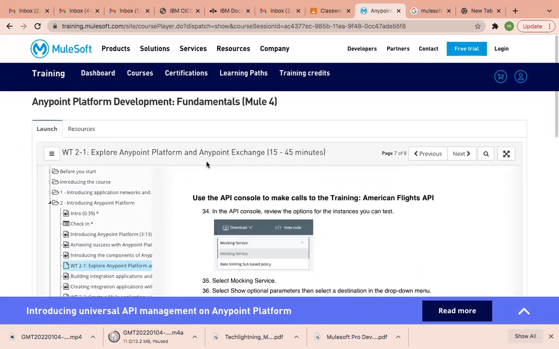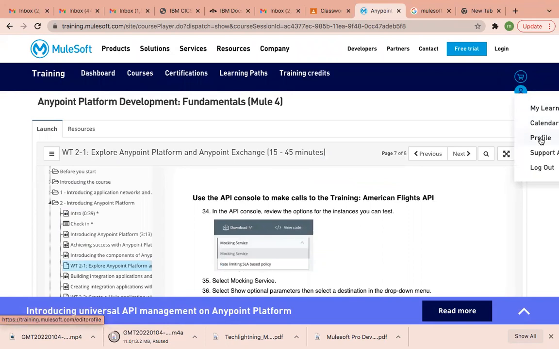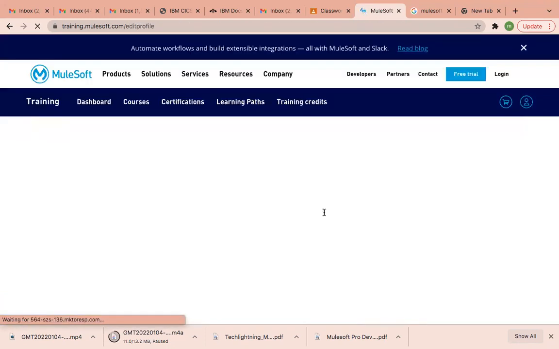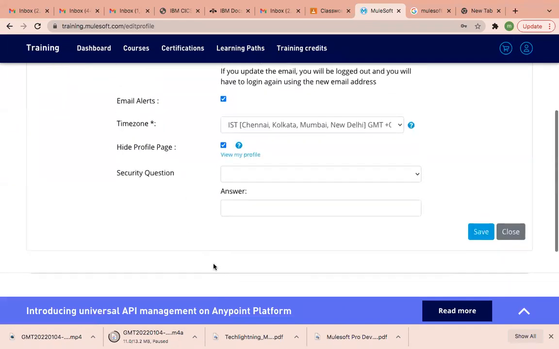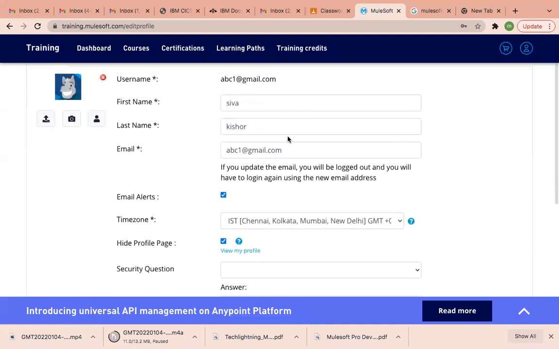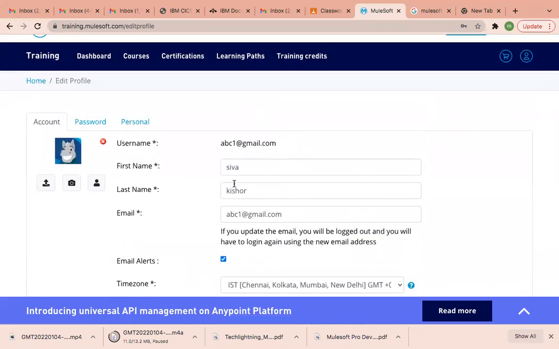Okay. So any mail ID you can provide over there. If you come to profile, it will ask you company name, work name and all. See, I wrote abc1@gmail. This is invalid mail. You have to provide your proper email. Can I provide the email which I created just for the course, or the general email? Anything you can provide, but make sure you remember that mail ID. Understood? The reason I was asking, I downloaded Postman. No problem, you can use the same.